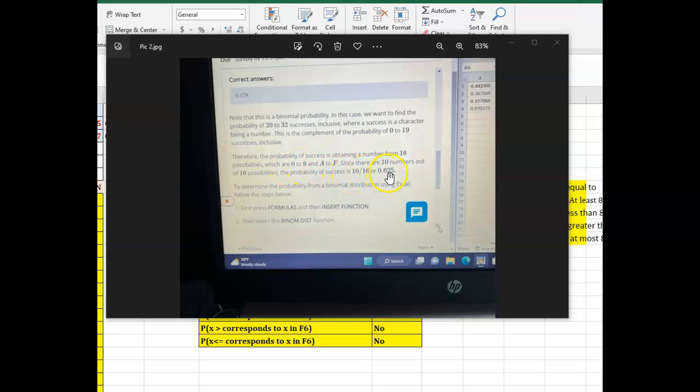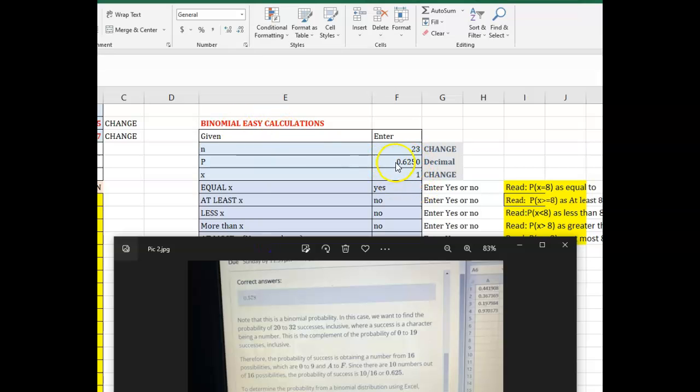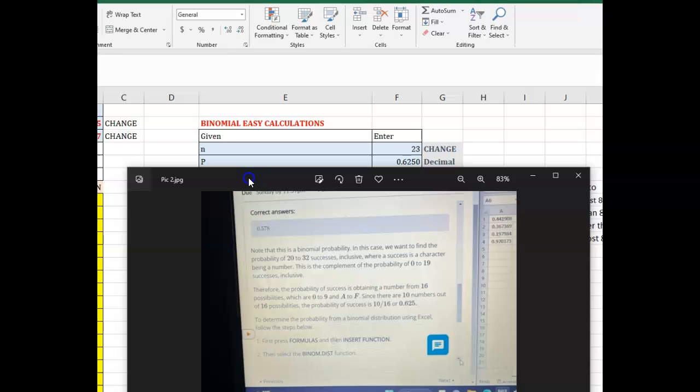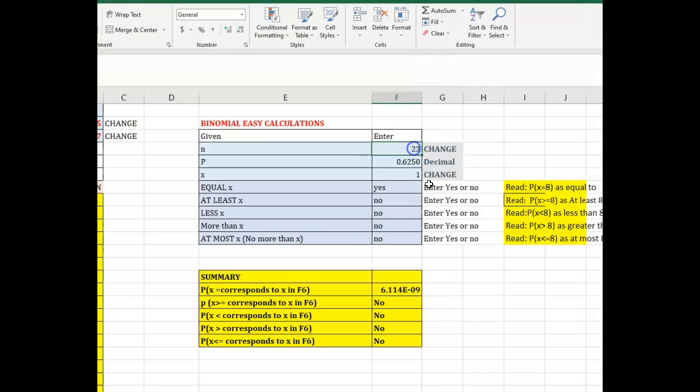10 divided by 16 is 0.625. So if we're randomly picking from 0 to 9 and A through F, we have a 10 out of 16 chance of getting a number, or 0.625. So again, on this binomial, we're going to enter our probability as 0.625. That's our chances of success. I believe there's 32 times that we are conducting this experiment of picking from 0 through 9, A through F. So we're doing it 32 times, and